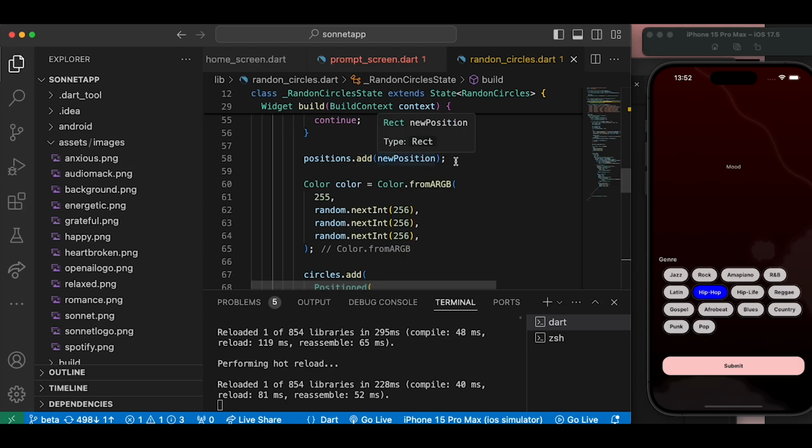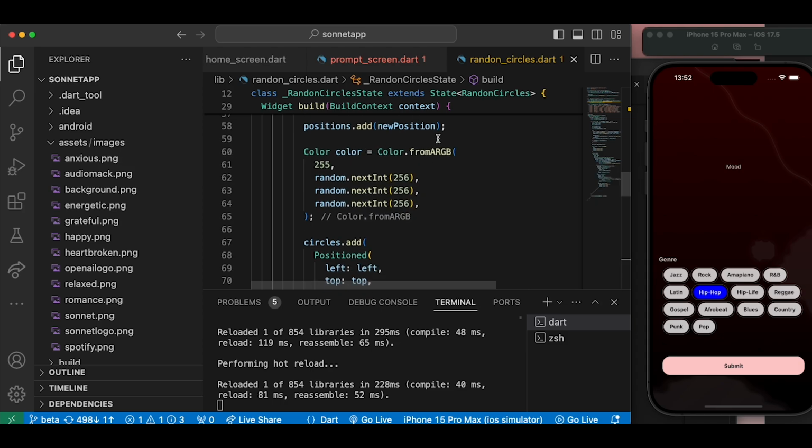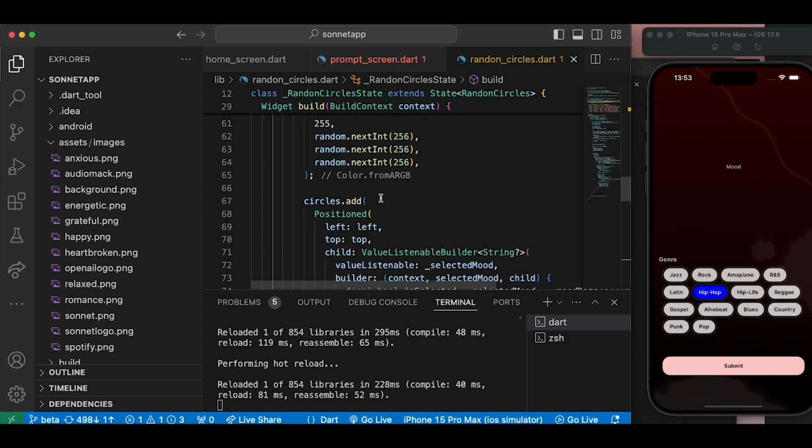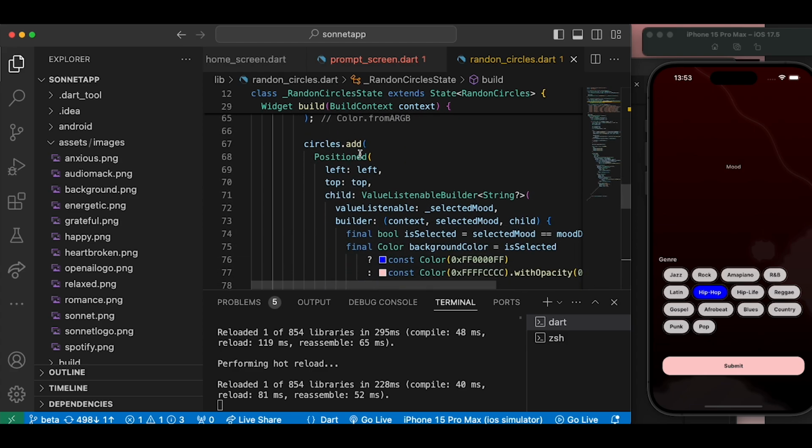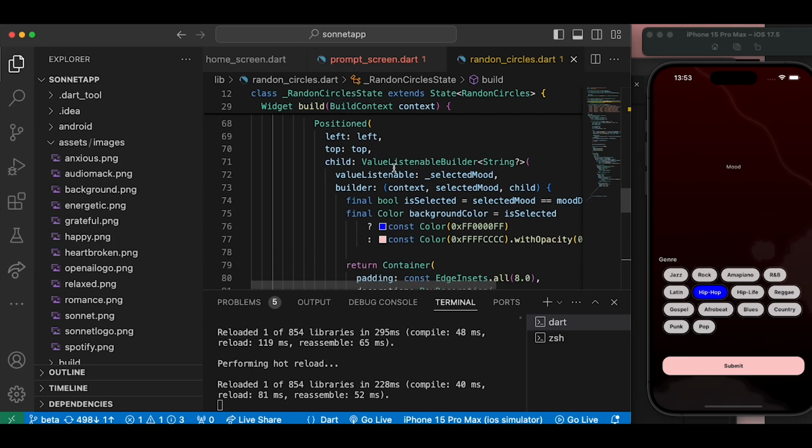We added the positions, and the colors for them are random colors. So for each circle for a particular mood, at a particular time when you come to the screen, you're going to see a different color. All right, and so the circles we did add and position. We position them, and we are using the value